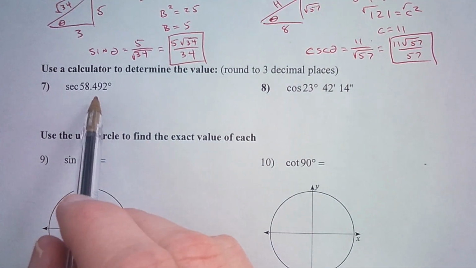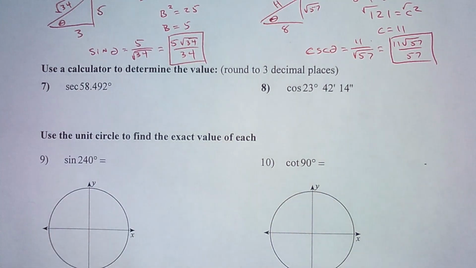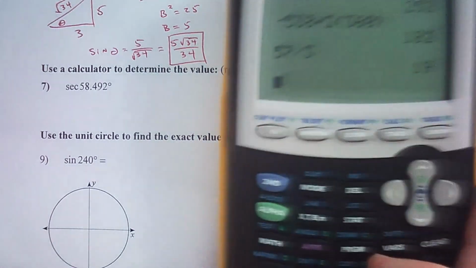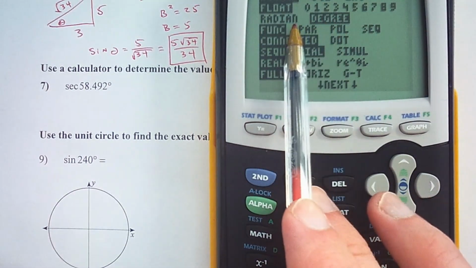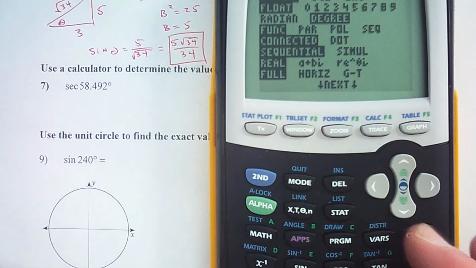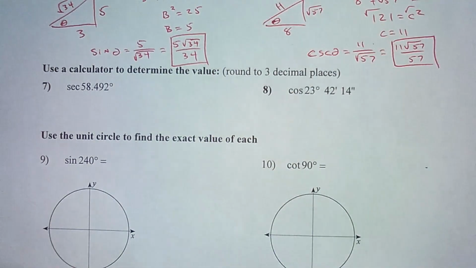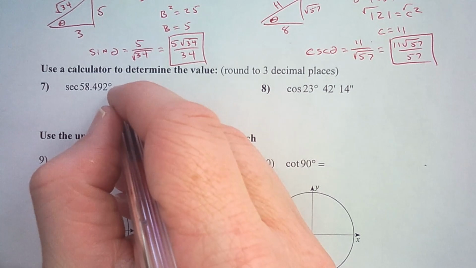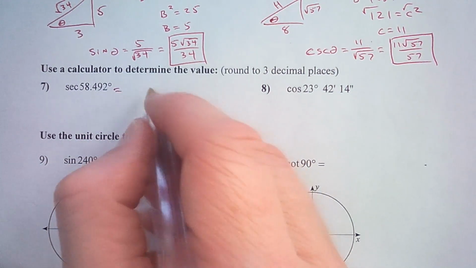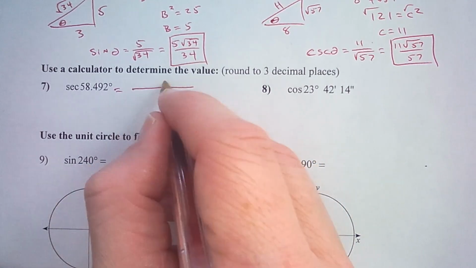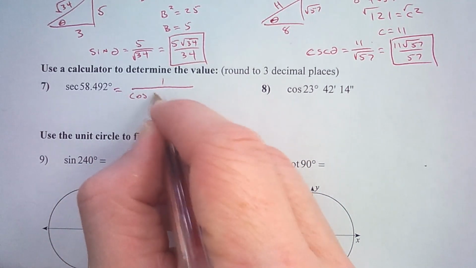Okay, use a calculator to determine the value. Okay, so I want to make sure that I'm in degree mode. So I'll check mode and degree is highlighted. If it's not, I need to go down there and highlight degree. Now secant, there's not a secant button, but secant is the reciprocal of cosine. So I can do 1 over cosine